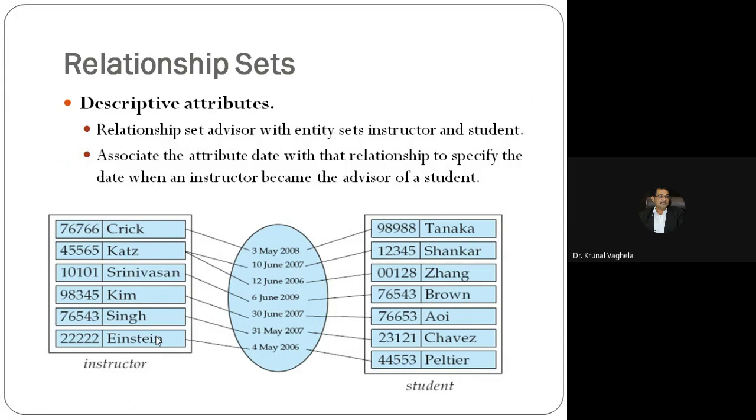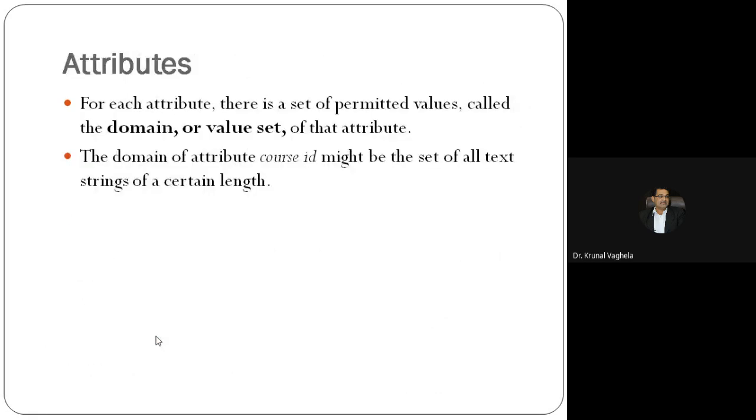See, we will perform all these things in the practical also. We'll put the constraint on the table. For example, if I have specified the data type character, I cannot enter digits. It's nothing but data type. An example is also given where we discussed the domain attribute. Course ID might be the set of all text strings of a certain length. Yes, we can specify the length also. For example, how many digits are in your GR number? 6. So we can do that also. 6 digits only. If I try to enter 7 digits, it will give me an error.